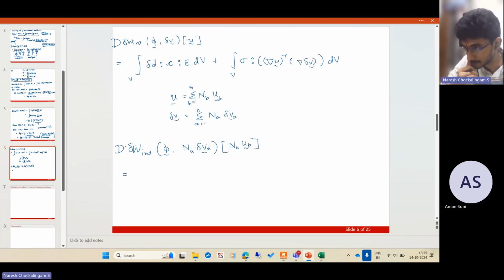There is one component which comes from the material part, and that is this